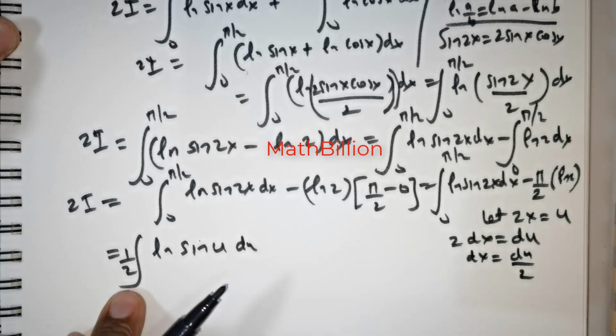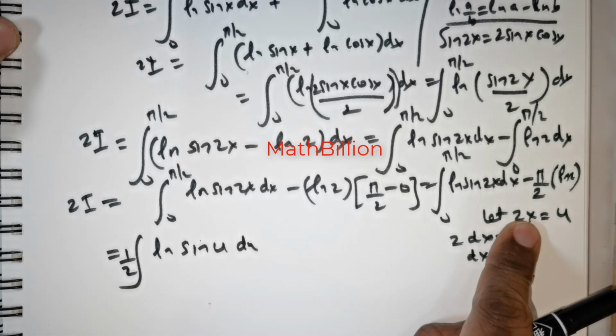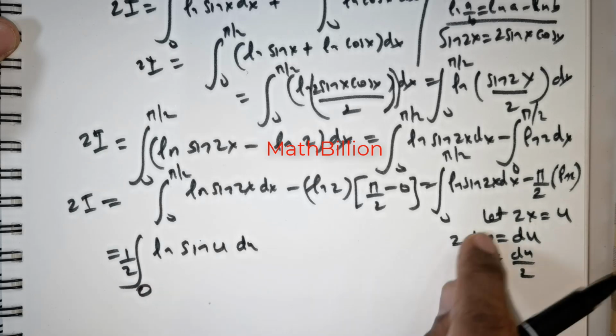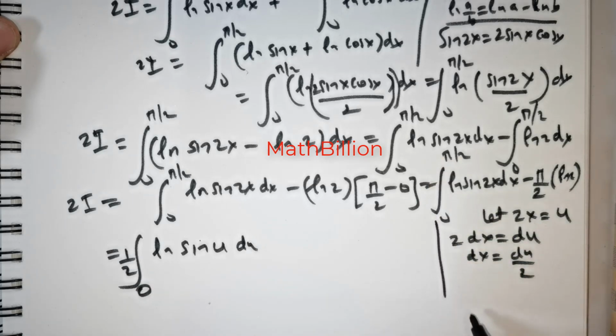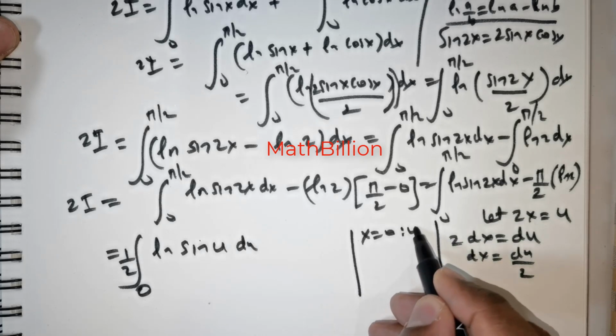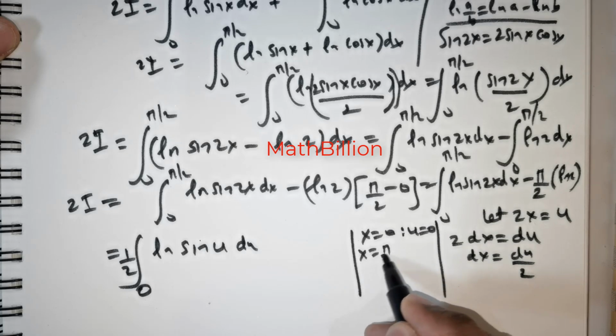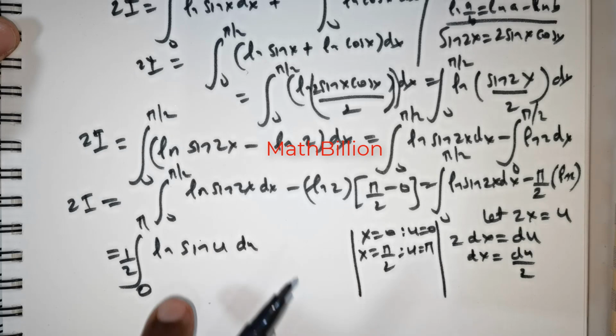Now when x is equal to 0, u is equal to 0. When x is equal to pi over 2, u is equal to pi. So this is 0 to pi